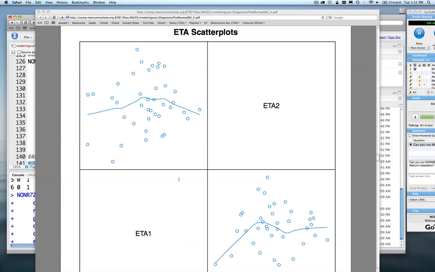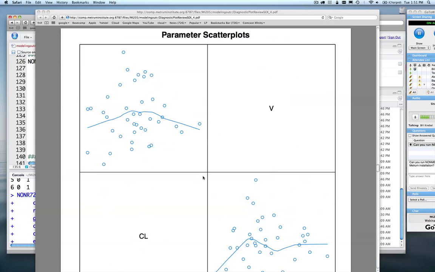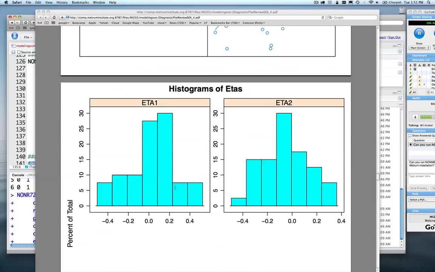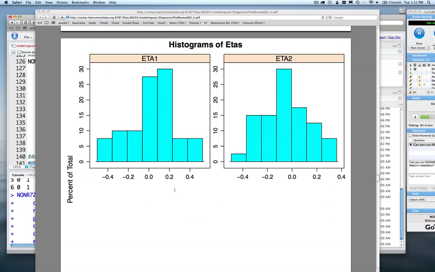Next thing it's going to do is generate a scatter plot matrix of your eta estimates, so of your random variability estimates. And so here you might be looking for things like correlations in these plots to maybe work into off diagonal elements of your model. And then it's going to do the same thing for your individual parameters. And now it's going to start generating some other diagnostics. So for any of the